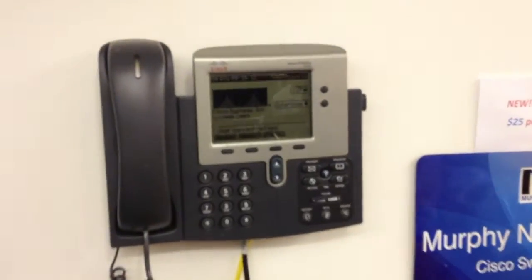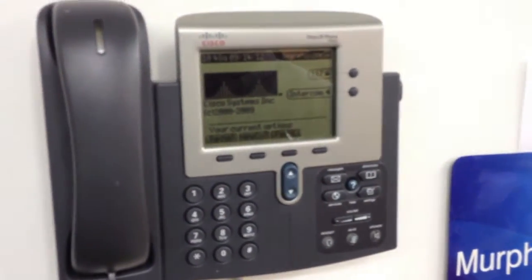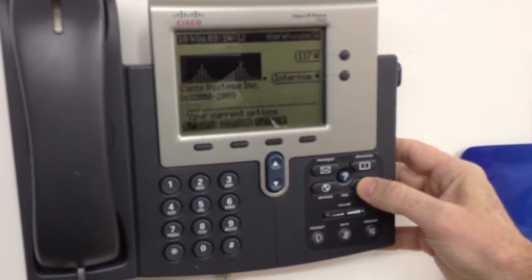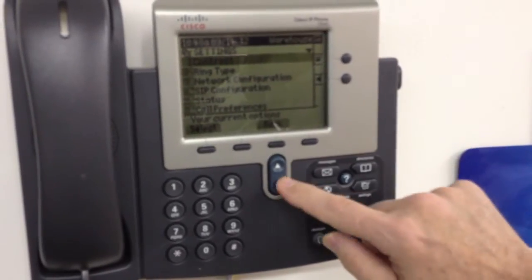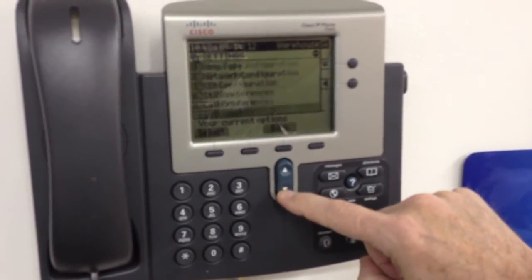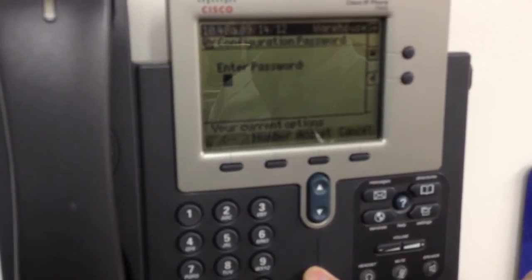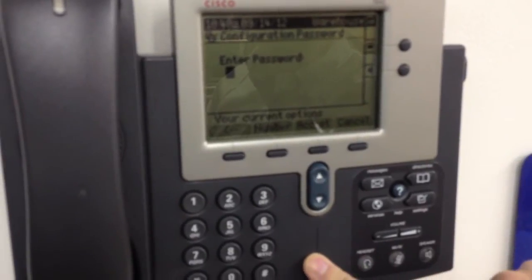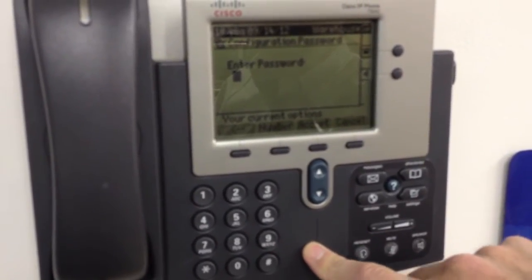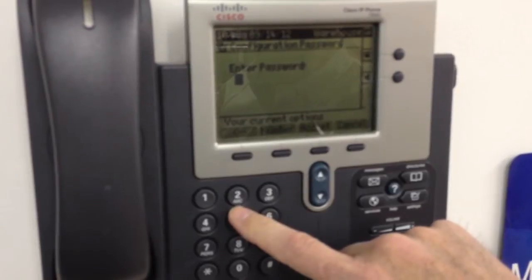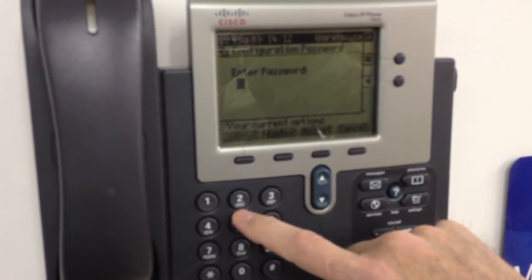Okay, so the first thing that you need to do is unlock the phone, and the way that we do that is by pressing the settings button, and then we're going to toggle down to number 9, which is unlock config. We're going to select it. We're going to enter the password, which is always Cisco for our phones that we've pre-configured. And you do that by hitting the 2 button 3 times